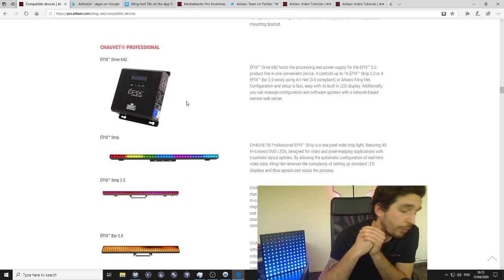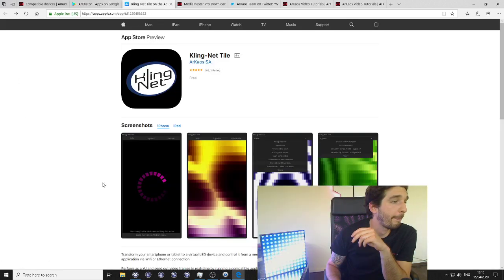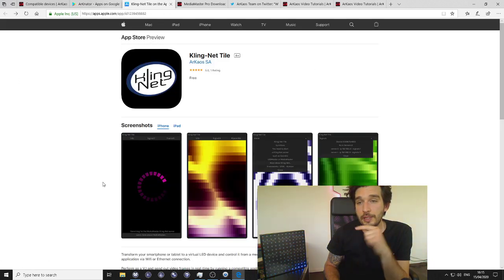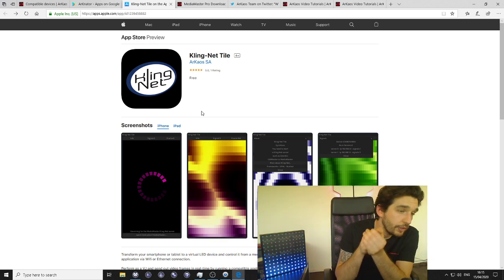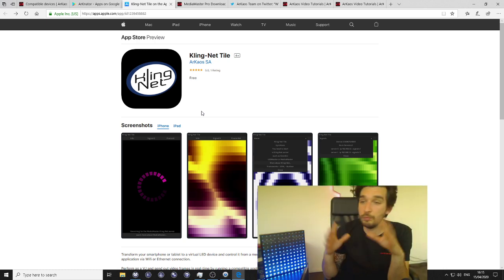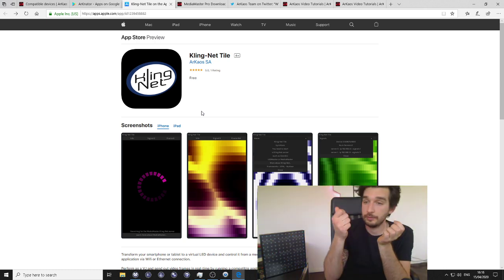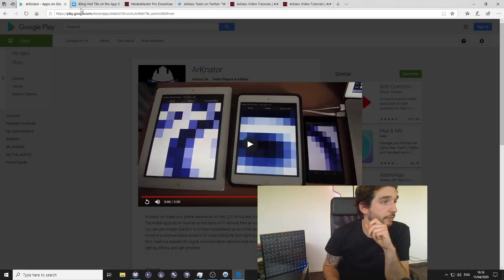It's just a network protocol. Again, if you download the app from the app stores, CleanNet Tiles, you can turn your phone into a CleanNet fixture and just have some CleanNet playing onto your home Wi-Fi there and send visuals to your phone. That's pretty nice to do.